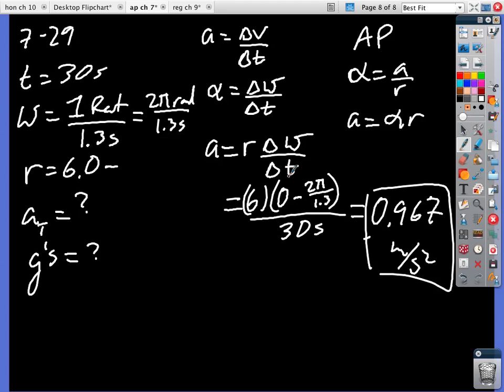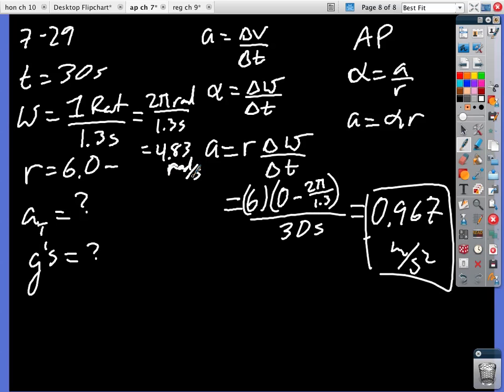Okay, now if your top speed is 2 pi radians per 1.3 seconds, that's going to give us 4.83 radians per second. And then we got to remember that the centripetal acceleration will be the number of g's, not